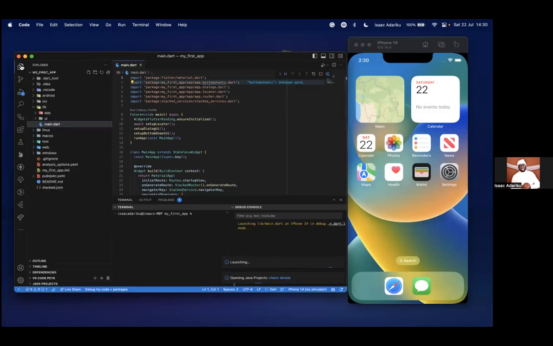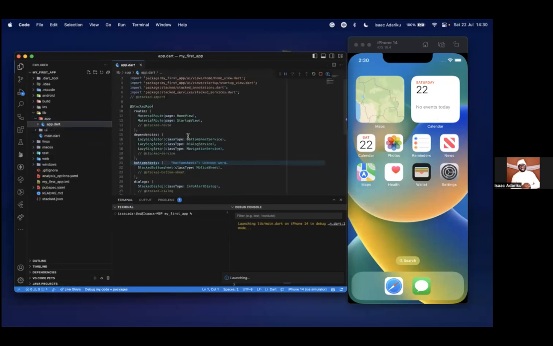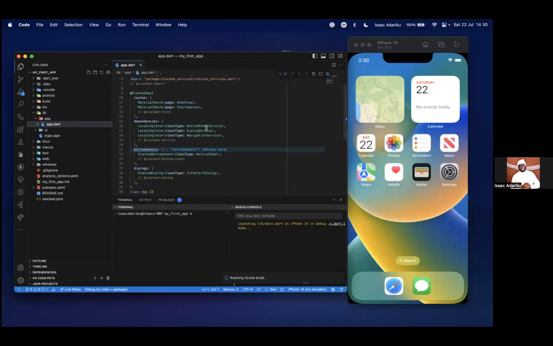While this is running, we can quickly look at the structure. When you go to your app files, you get to see we have two views which come by default, the startup view and the home view. You can see all are registered in routes. Then there are dependencies that come in with Stacked to help you work easily, which are navigation, dialog, and bottom sheet.